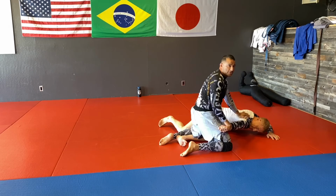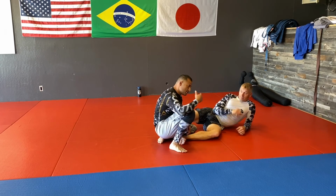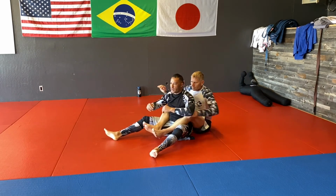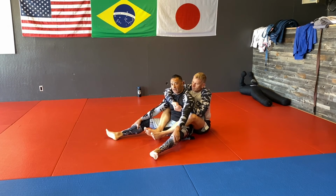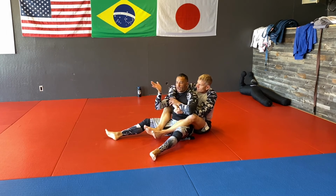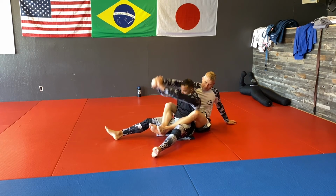And then I can get to that top position, or I can just back up and try to start passing his guards. I'm gonna still attack and try to get that position. It's up to you guys what you wanna do in that scramble, okay? So, seatbelt position. This is something you can try to do slow, but it's better if you do it quickly, okay? Because if I go here and here, and I try to get this position slow, it's gonna be hard, right? So, 1, 2, now that I got this position, 3, boom, extend, over,